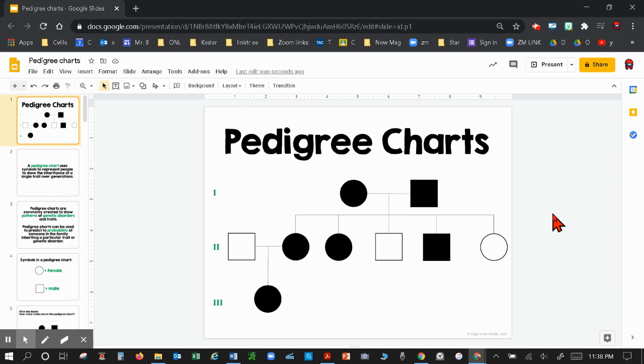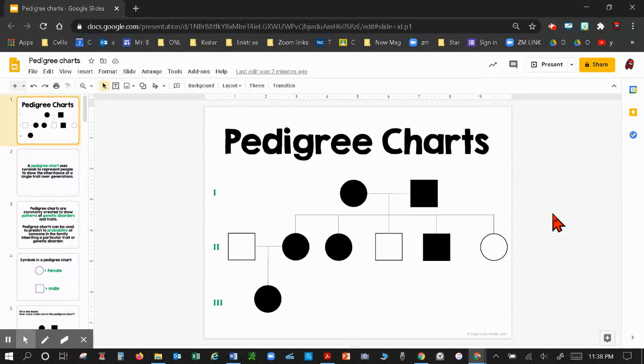Hey, boys and girls, and today we are going to learn about pedigrees. Pedigrees are basically family trees that are charts used to trace and track genetic traits over time. And so you probably have seen sometime in the past maybe a family tree, but this one is a family tree that's shaded in with names and sometimes they're colored in, and those colors indicate that that person has the